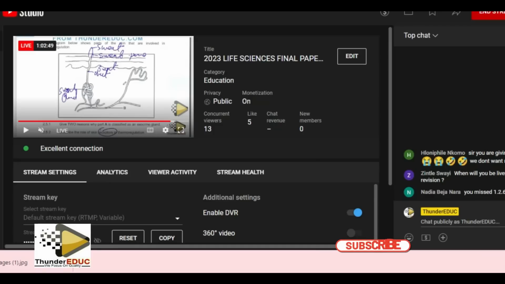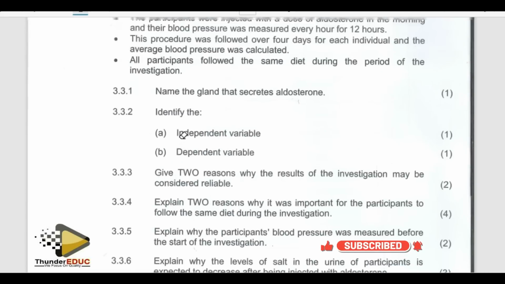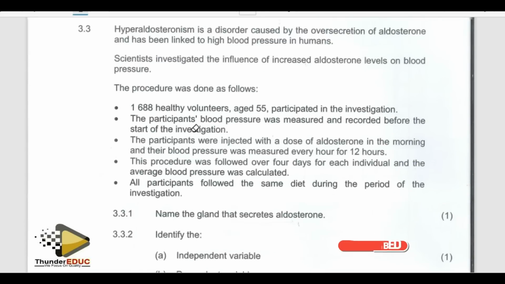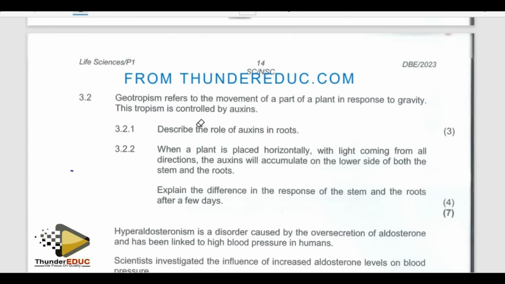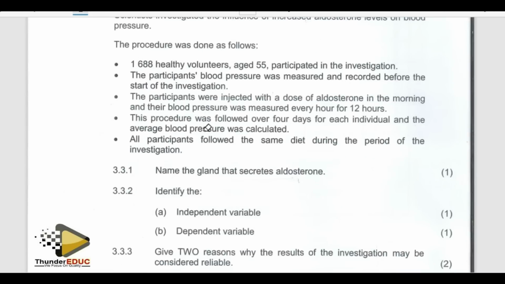The next question is talking about independent variable and dependent variable. Here I'm not going to waste too much time, because we always ask you questions concerning this. We don't bring the same question, but